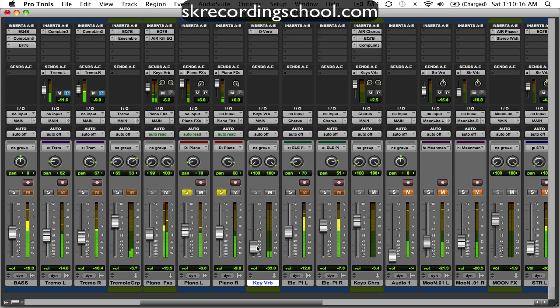I'll bring it down and still hear it. And just a level, so I can just level this keyboard. May want to get more reverb than keyboard. Depends on how I want to mix the track, actually. So when I turn this on,